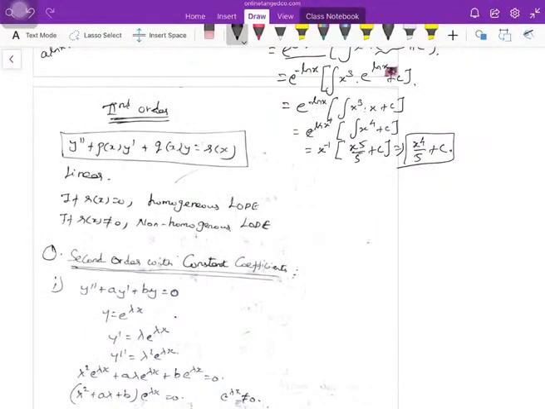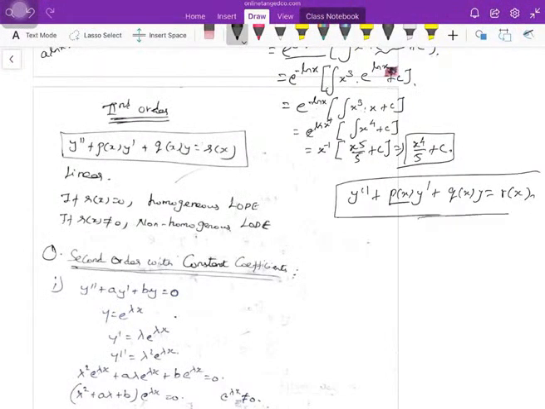A differential equation is linear, for example, y double dash plus p of x y dash plus q of x y is equal to r of x. Here, if you see, the degree of all the differential equation terms is 1, everywhere the degree is 1. If the degree is 2, then we can say that this equation is not a linear equation, it's